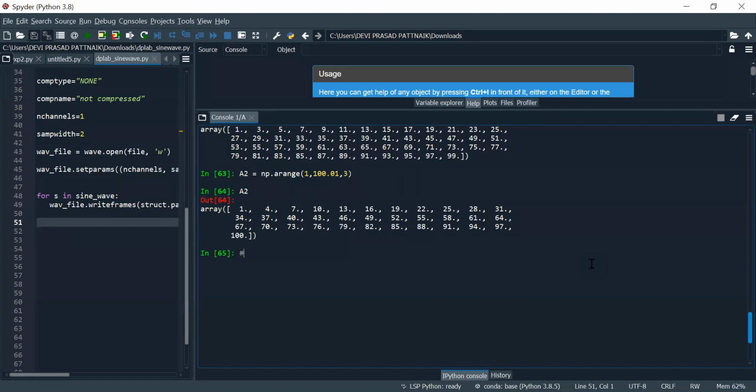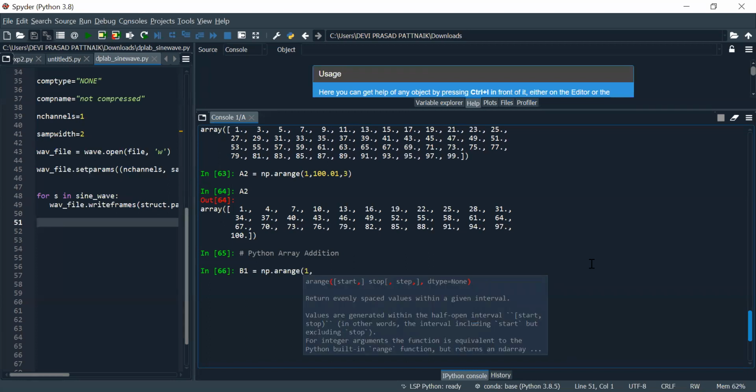Now let's learn another thing, Python array addition. Let me take an array B1 and I write numerical Python dot arange.